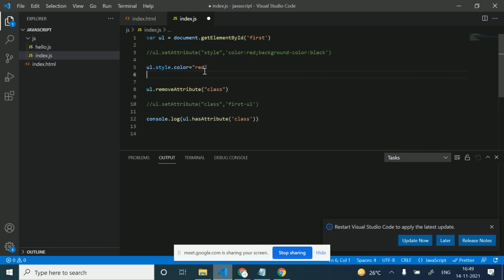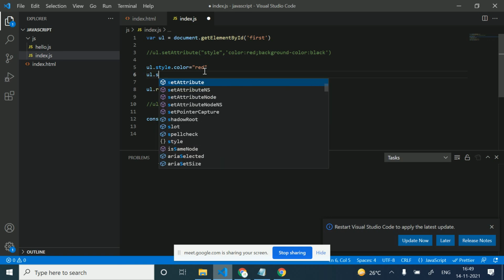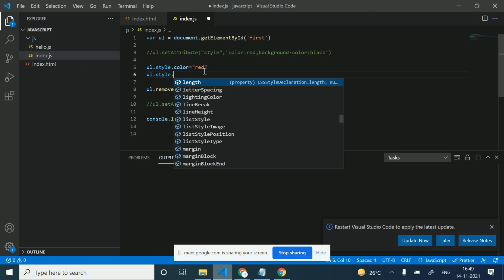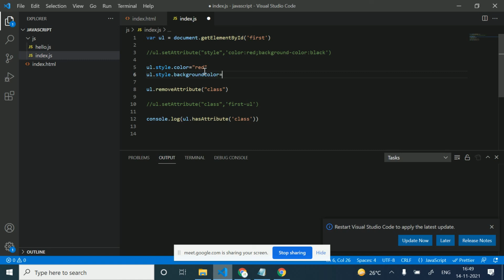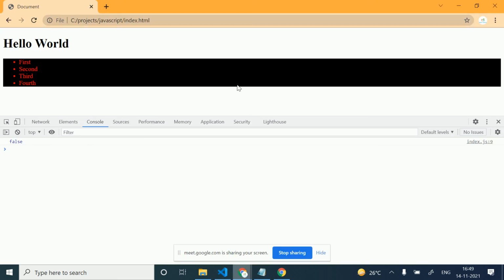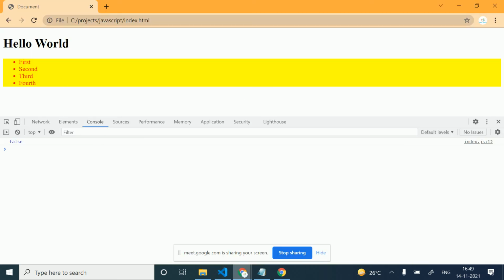And we can add ul.style.backgroundColor. Now I'm changing this background color to yellow. Let's check this. So I am getting the background as yellow and the text color as red.